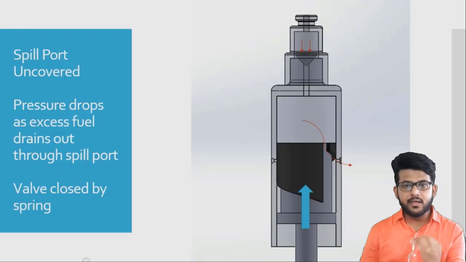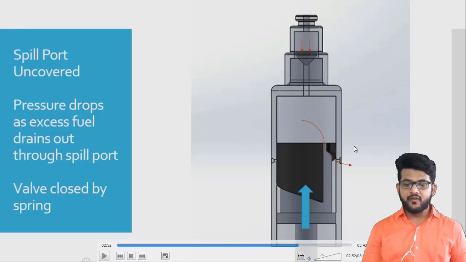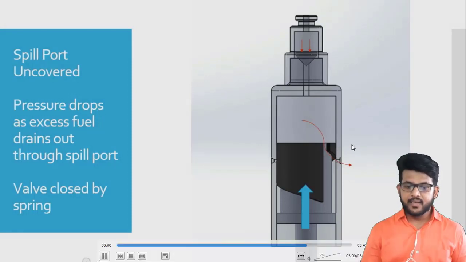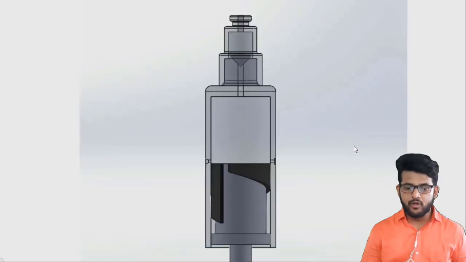Fine. So what is happening here? Whenever this required pressure is achieved, we will set that length of this piston side according to that required pressure. Fine. So the spill port is now open and all the required fuel will now go outside of the system. Fine. So now what is happening? Let's see again. This is the working of this distributor type pump, fine, or this Bosch type fuel pump.